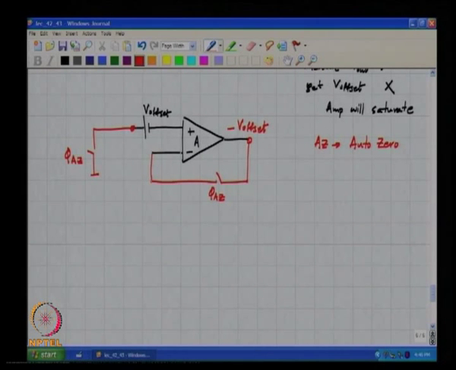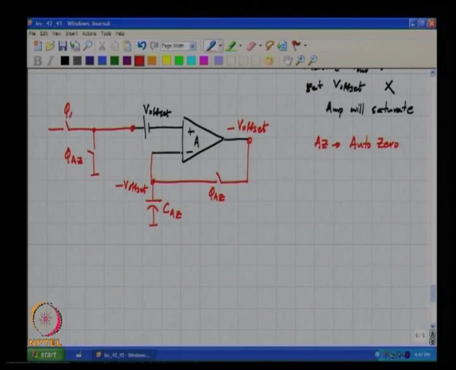I mean, one way of doing this is to say I am going to have a capacitor here, correct, and what happens to this voltage now? What is the voltage at the end of phi AZ? What is the output, what is the voltage across CAZ? Minus V offset,